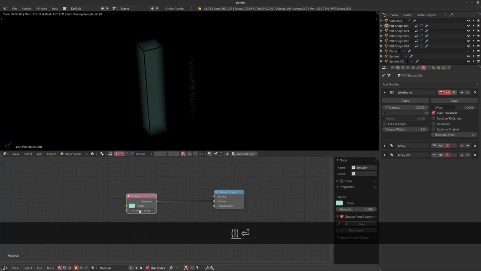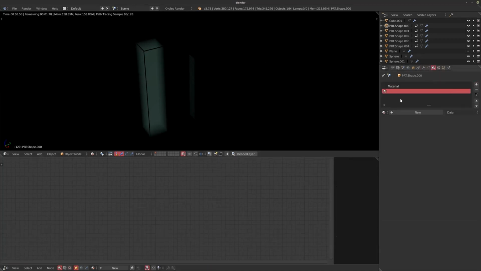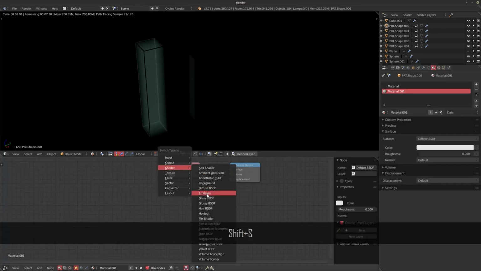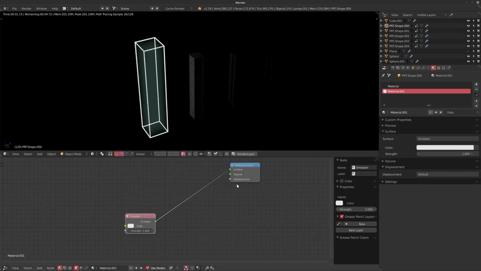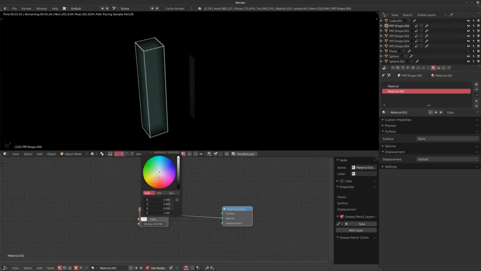Now I'm going to keep this set to 1, and what I'm going to do is hit the material offset here, and in my material editor I'm going to grab a second material slot, add another new one, and again I'm going to hit Shift S with the Node Wrangler enabled and switch this to emission, and again set this to volume rather than surface. Now I can crank this one up separately and I can have a slightly different color for this, so you get these really nice hologram looking things.